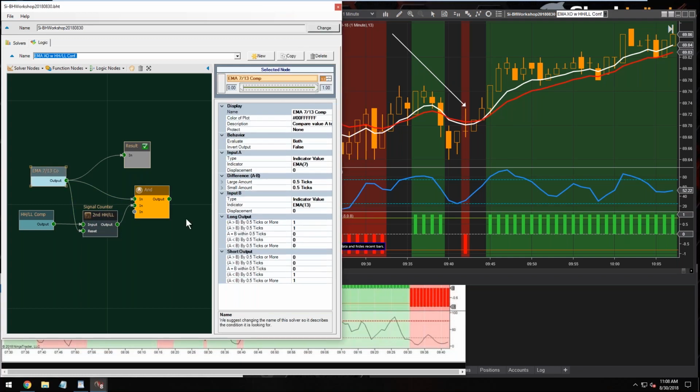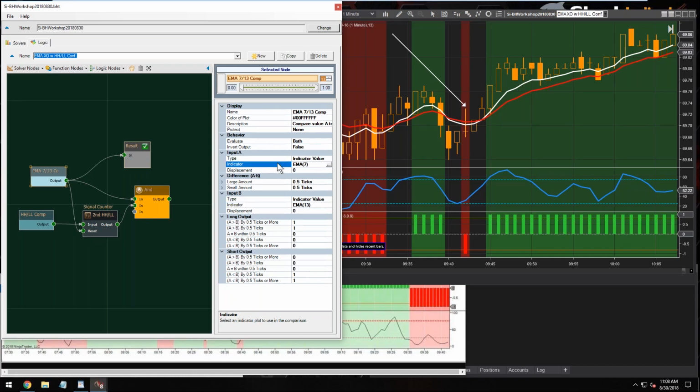So let's see, whose was that? Mark's. There you go. So Mark, there you go. If you want an EMA distance, basically, if you want a distance separation between your input A and your input B, whatever that may be,